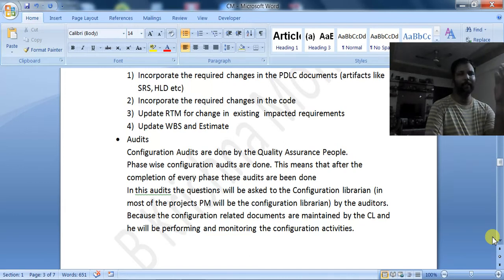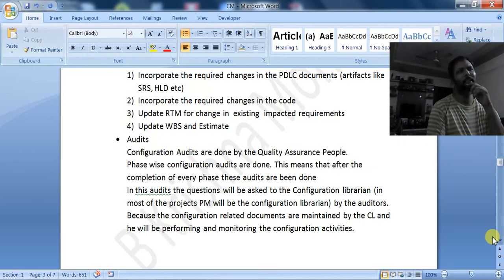After getting the change request, the BA will do some sort of feasibility study and make the initial report, and that report is submitted to the CCB. The CCB will do the feasibility study and analyze the impact. After the impact analysis, it may reject or accept. After accepting, there will be a change in the documents and a change in the code. So there are a number of activities being done.